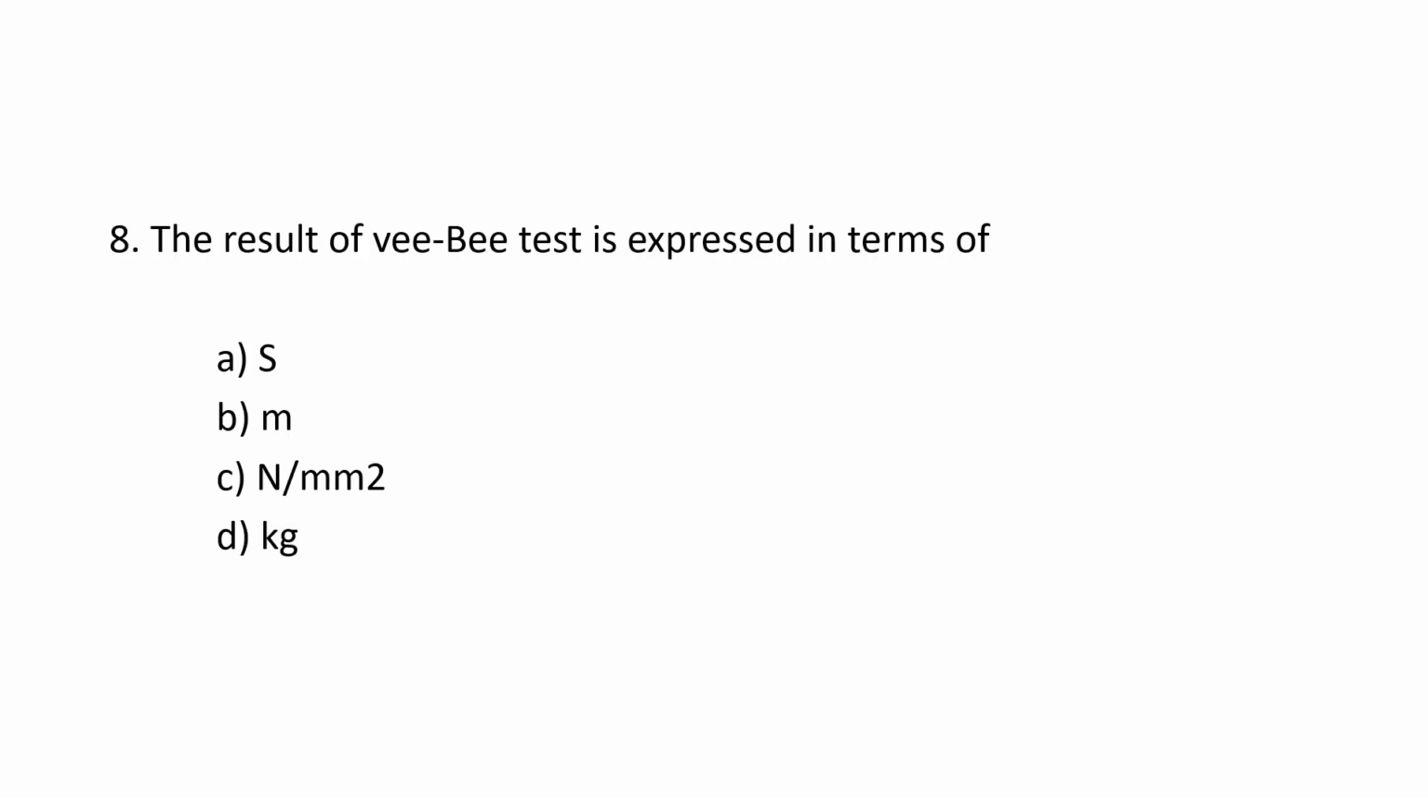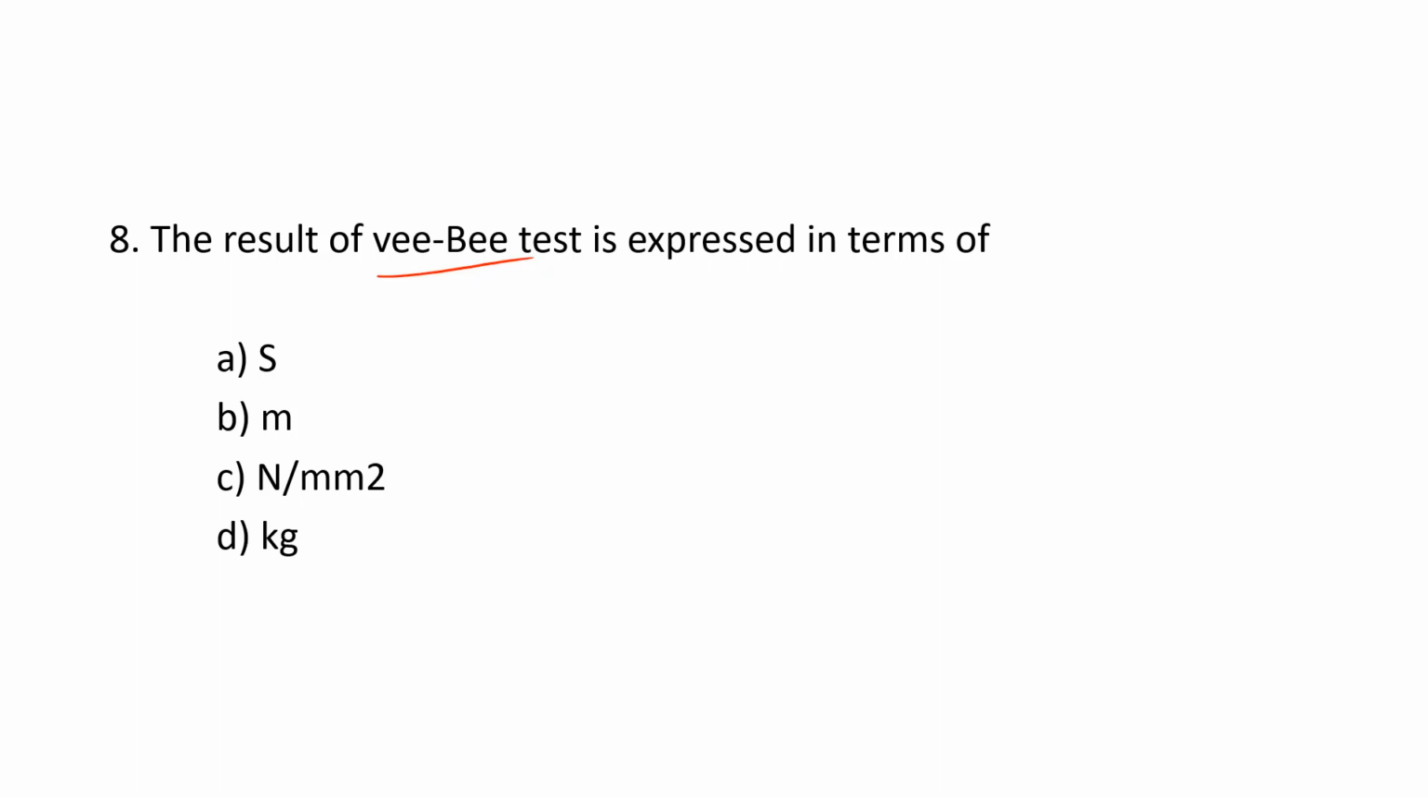Then the next one: the result of the Vee-Bee test is expressed in terms of: A, seconds; B, meter; C, Newton per mm square; and D, kilogram. We know that the Vee-Bee test is a workability test, right? To measure the workability of concrete, we have three tests, that is slump cone test, compaction factor test, and Vee-Bee